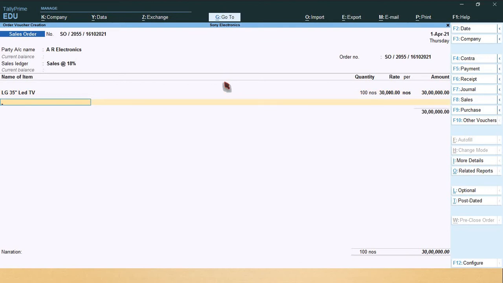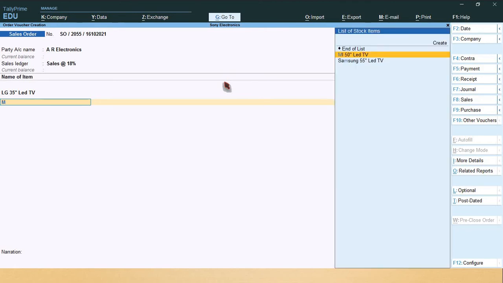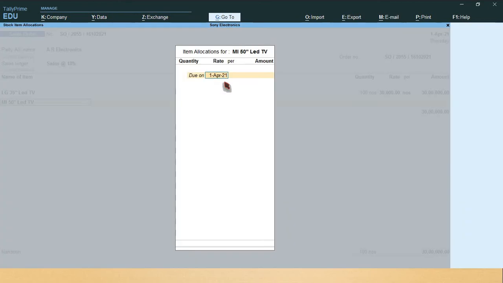So next one, MI 50 inches LED TV, 30 days, due on 30 days, 100 numbers, 45,000.